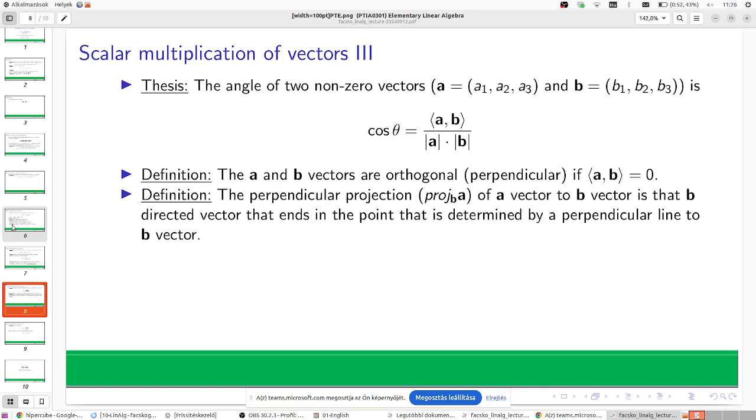I will give numbers for vectors, and we will calculate. Perhaps we had done it, I don't remember exactly. Okay, next one. It's a definition. If A and B vectors are perpendicular, but usually we say orthogonal. Why? It sounds better. No, I'm just kidding, but